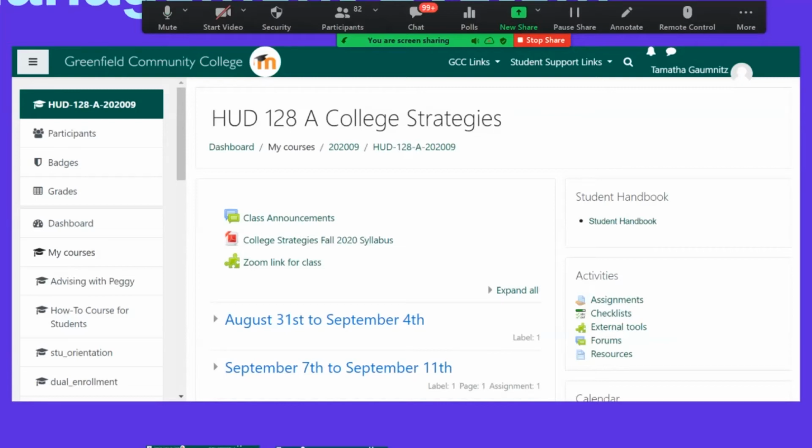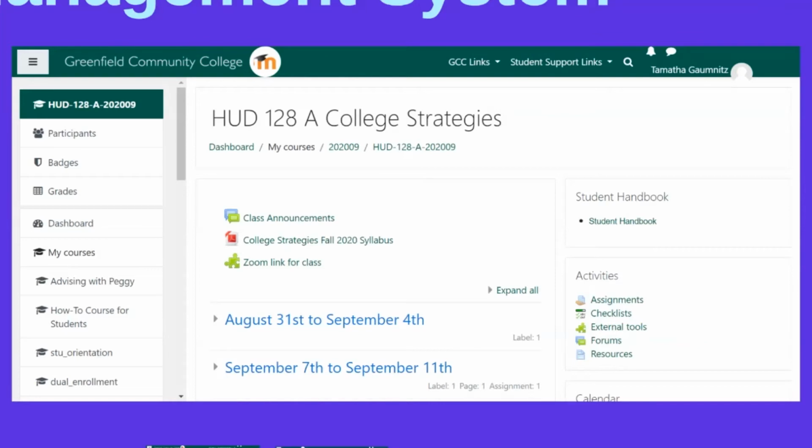So pre-pandemic, in the before times, my class was actually set up thematically. So all the readings were in one place, all the class handouts were in another place, all the homework was in a different place. And that worked really well for me. And then things went sideways. And I was like, I think now that everything's remote, I'm going to do stuff on a weekly basis because I think that will make things clearer for everyone. So you really want to make sure you know how your instructor has set up their Moodle page.